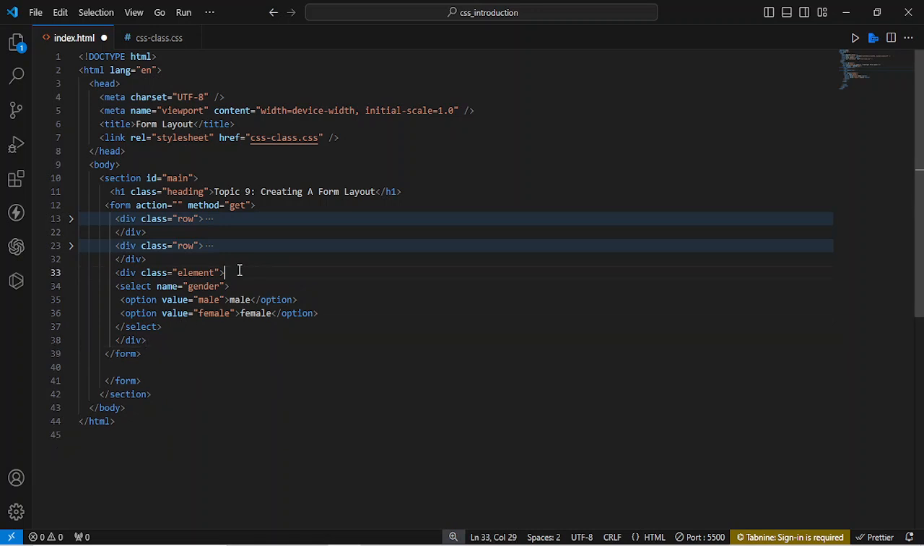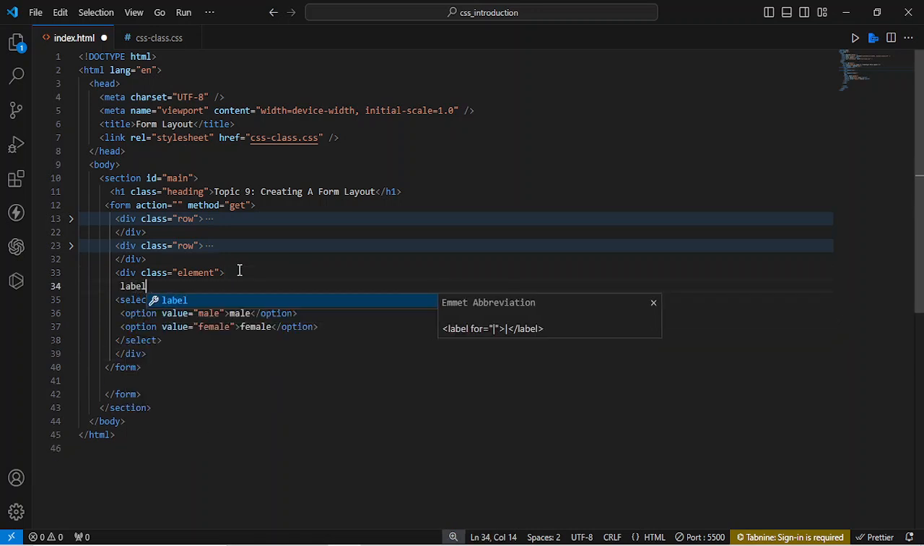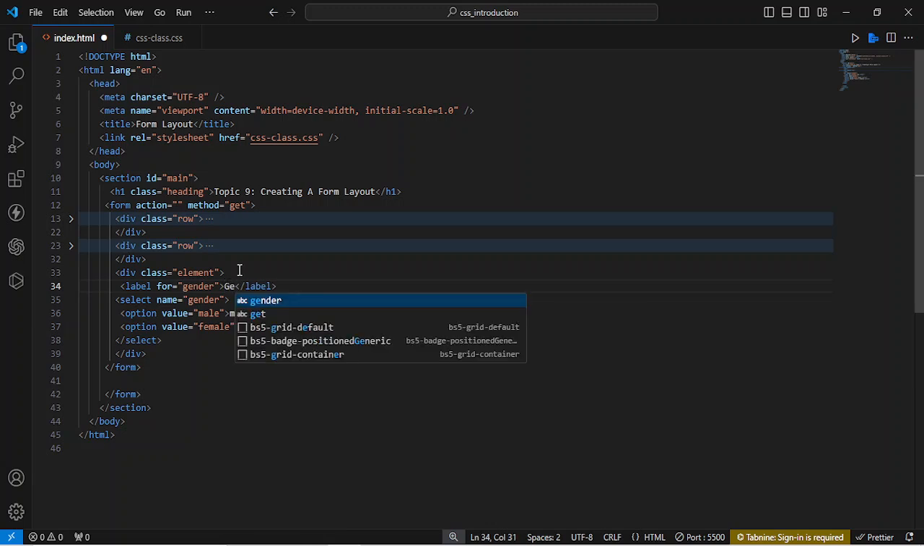So on this element tag, let's give it a label now. A label for what? For gender, for them to select their gender. So when they select their gender like this, another thing we can do here is make sure that this thing is not empty,